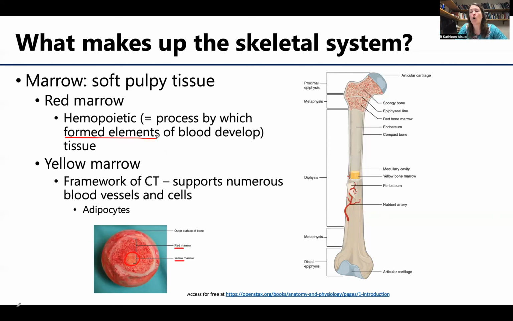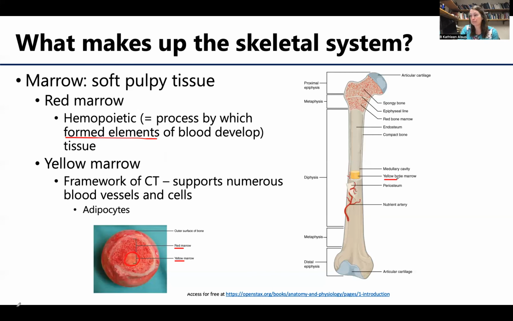You'll have a whole lecture on blood in an upcoming block. So I don't want to get into the specifics of how blood is formed, but since it is going to form within red bone marrow, which is housed within bone, I do want to mention that here. In childhood, much of that red bone marrow is going to be gradually replaced by what's referred to as